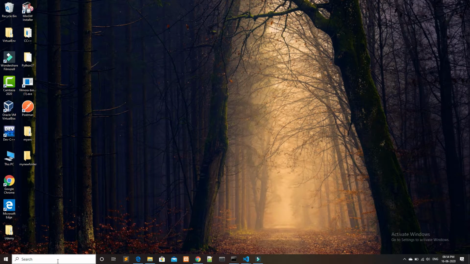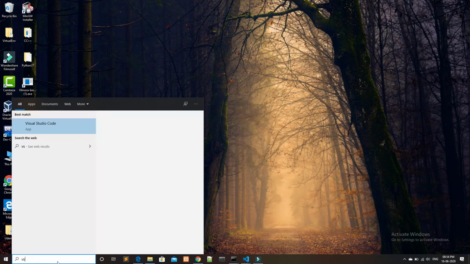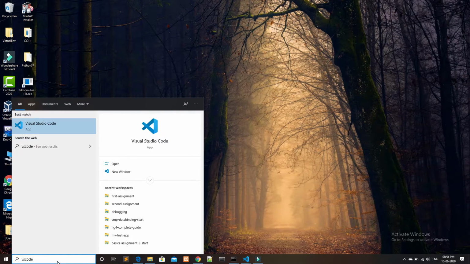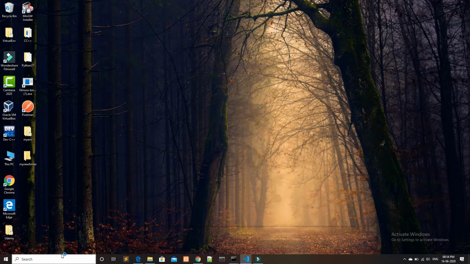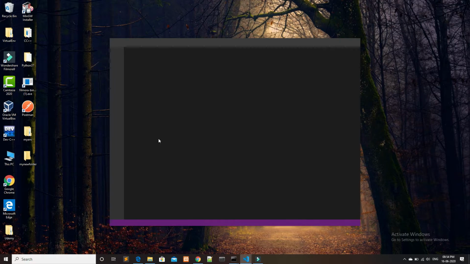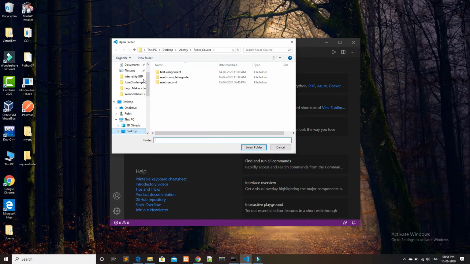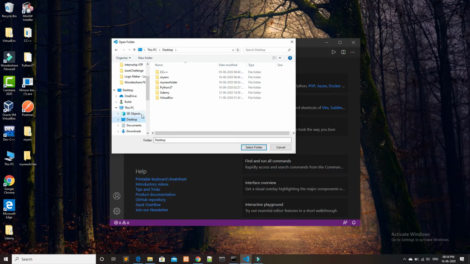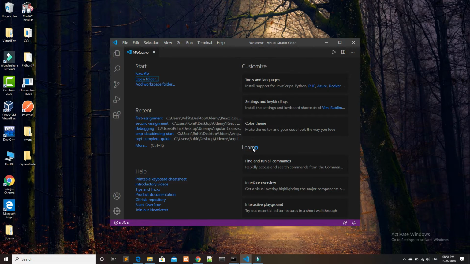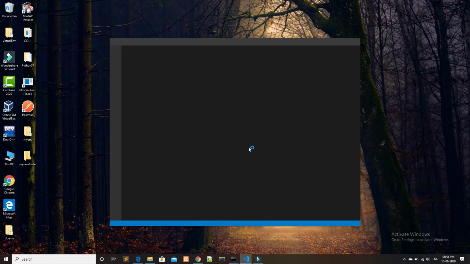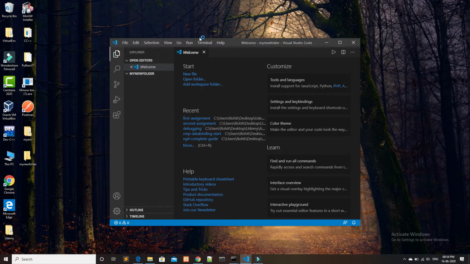Now open Visual Studio Code. Open folder. Now go to your desktop and then my new folder, select folder. Now open your terminal.